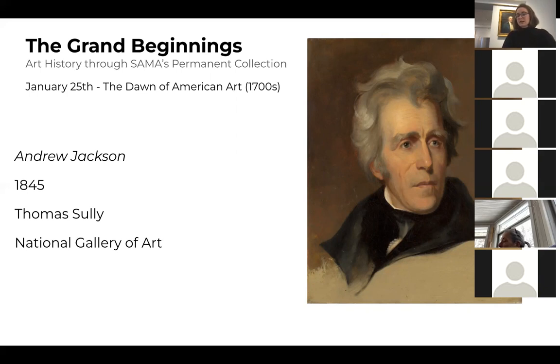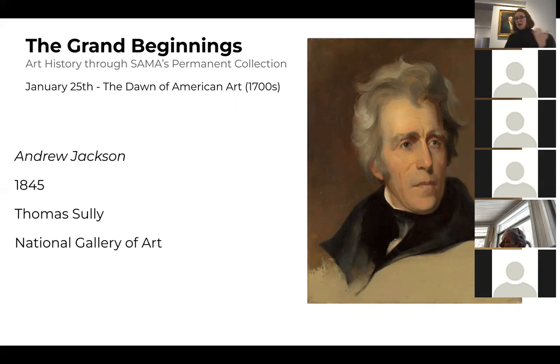And it's not like each individual hair is defined. It's more of that impressionist feeling that we'll start to see at this time that's starting to be popular in Europe. So Sully was born in 1783, and he did spend most of his life in Philadelphia,